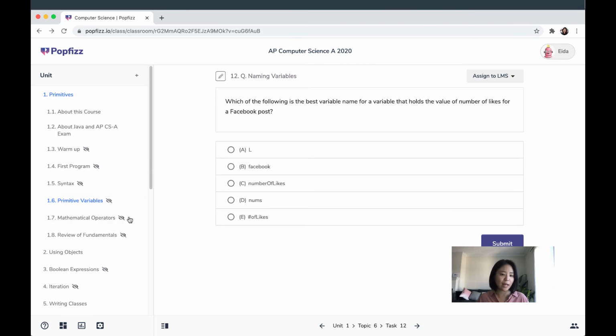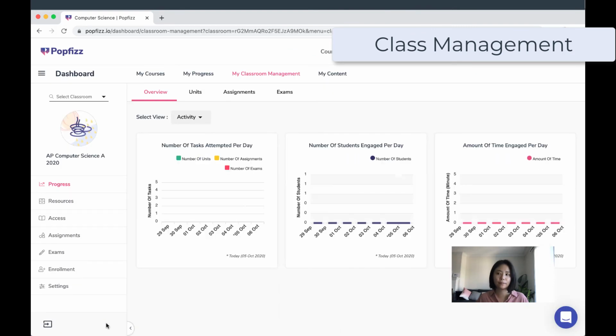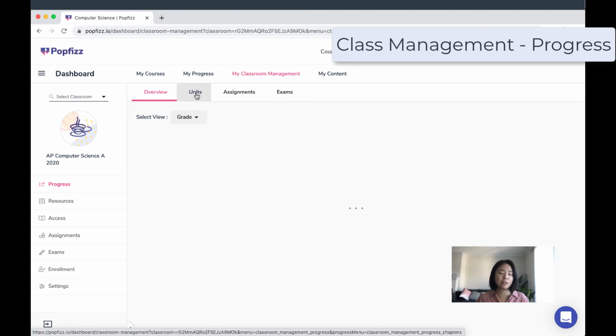Now let's take a look at the management side. You can easily go there by clicking on this icon. So here is the progress tab, and you can get an overview of how your students are doing as a whole class. You can get data on how many tasks were attempted per day, also how many students were engaged per day, and how much time students spent per day. If you want to drill down to individual students, click on the units,